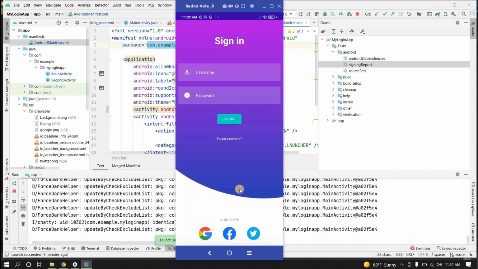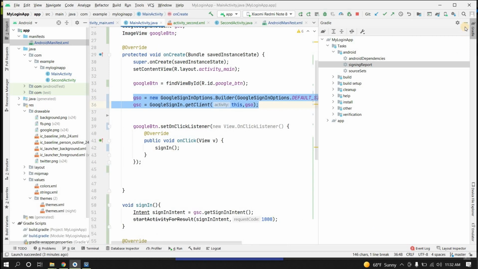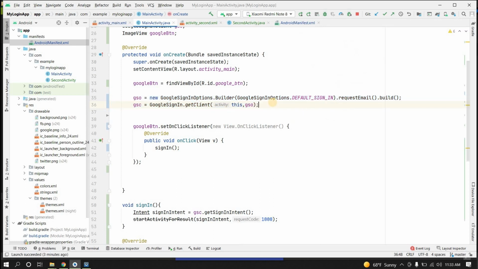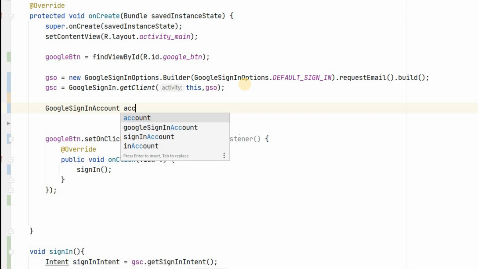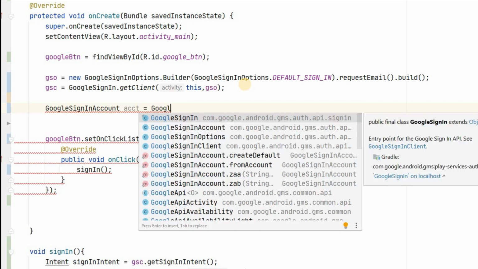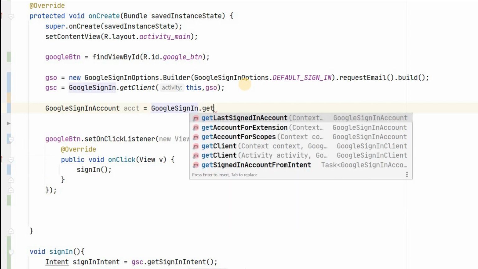here I am again landing on the sign in page. This should not happen. I should be on the welcome page. Since I have logged in already, I should be on the welcome page, not the sign in page, unless and until we have clicked on the sign out button. So let's solve that. When we are in the main activity, in the onCreate method, we can check GoogleSignInAccount account equals GoogleSignIn.getLastSignedInAccount,